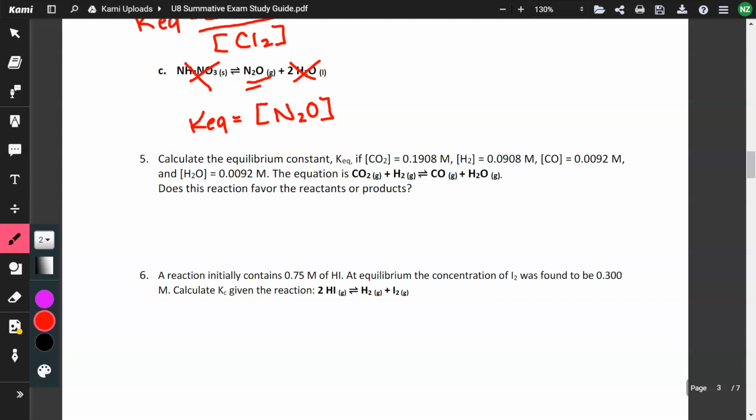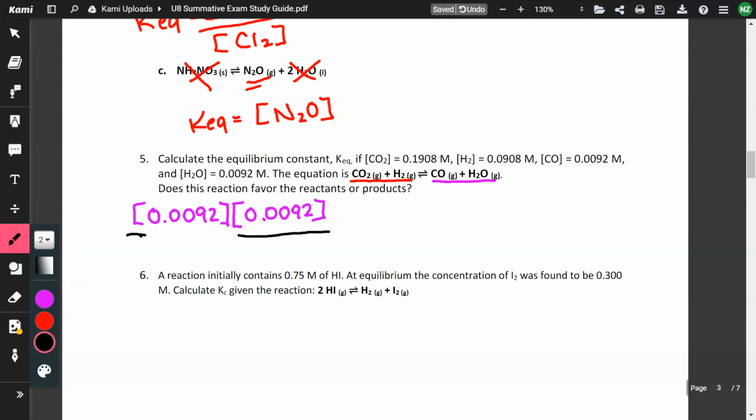Okay, number 5. Calculate the equilibrium constant. Does this favor the reactants or the products? Okay, so here is our reaction. So we've got our one side here and that side there. So it's going to be products. They're all gases, so products. So CO is 0.0092. And H2O, 0.0092